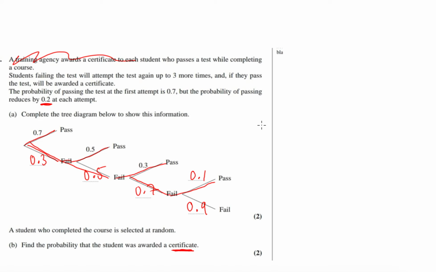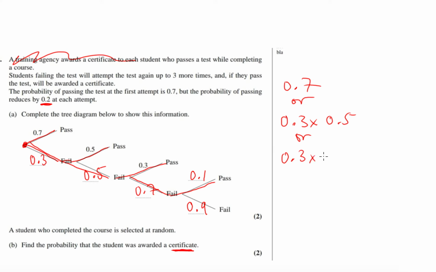Okay, so let's work out the probability that they passed on the first attempt, which is 0.7, or they failed and pass, which is 0.3 times 0.5. And remember, we can't just say this is 0.5 now. We can't just say the probability that they pass on the second attempt is 0.5, because we must remember, whenever we use a tree diagram, we must start always from here. Okay, and tree diagrams talk about events that happen one after the other. So in order to get here, you must have failed the first time. Okay, so or we could fail and pass, which is 0.3